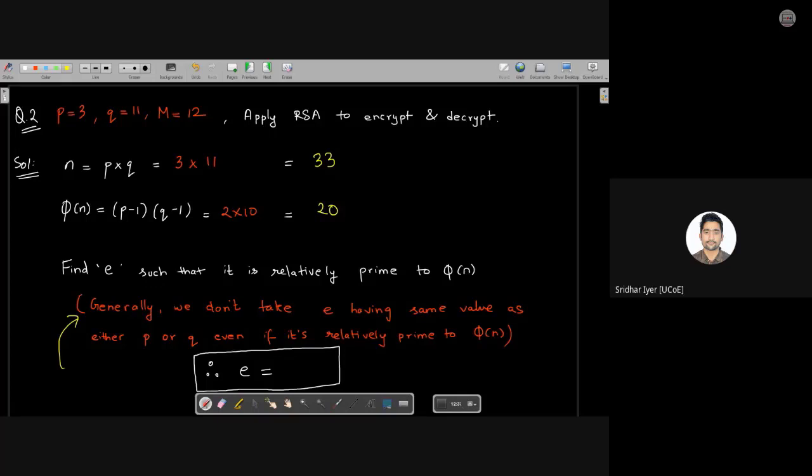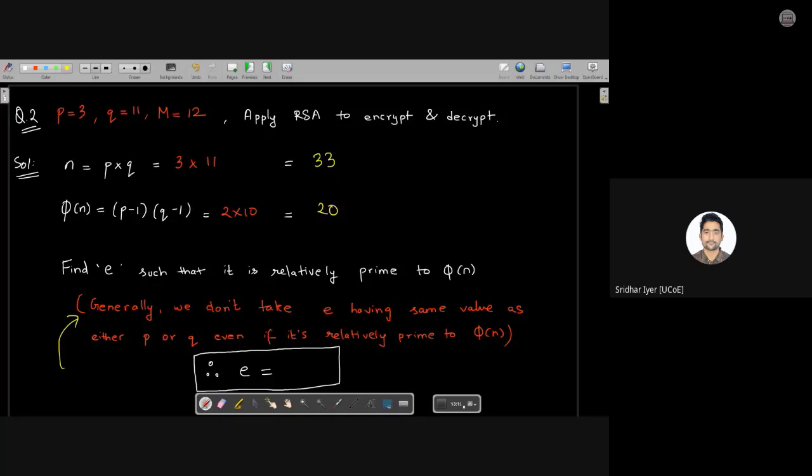Yes, come on, give me answers. We can easily take E as 3 because we can't divide 20 by 3. Yes or no? Yes, right? But still we don't take it. Why? The reason is very simple. We try to avoid taking the same values as E just to avoid any random guessing, or we can say to avoid any repeated values. The main reason is that only. We try to avoid taking any repeated values because if one of the values is guessed, then it is very easy to guess the plain text also.